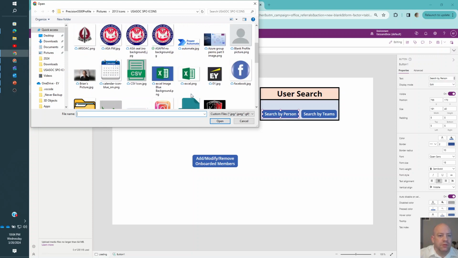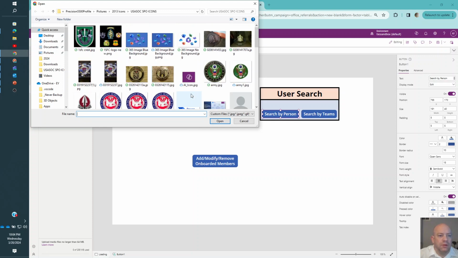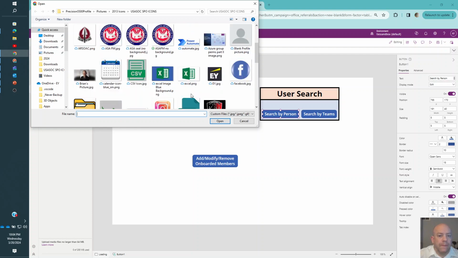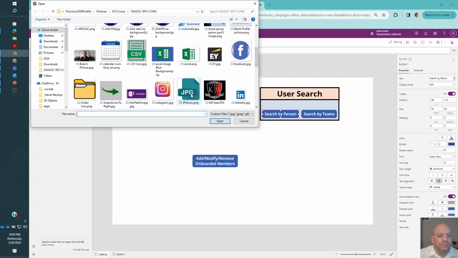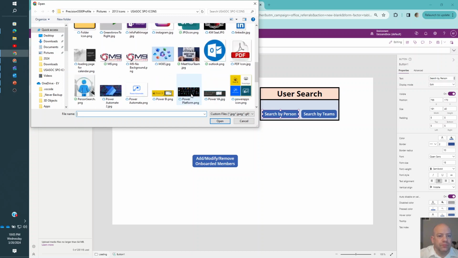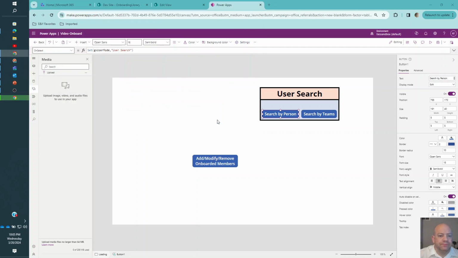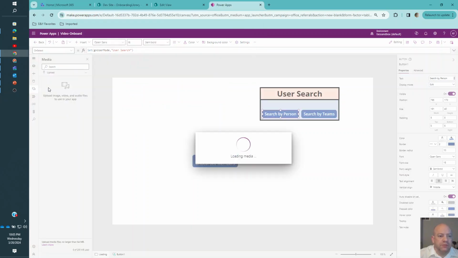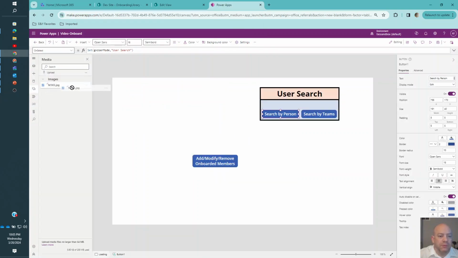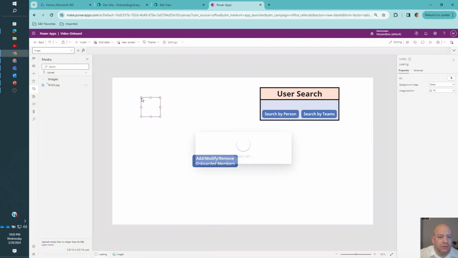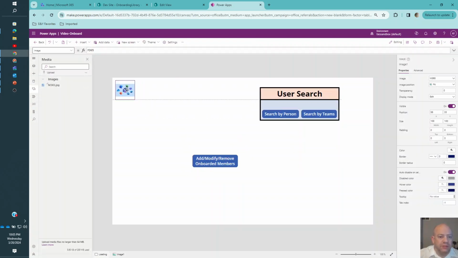See it. Well, I'll just use this up, save, and then I'm gonna drag it onto my canvas. Same corner, or